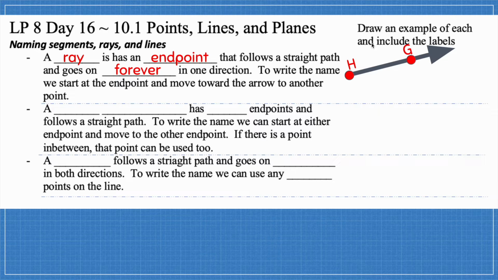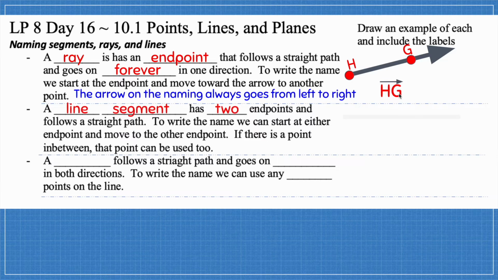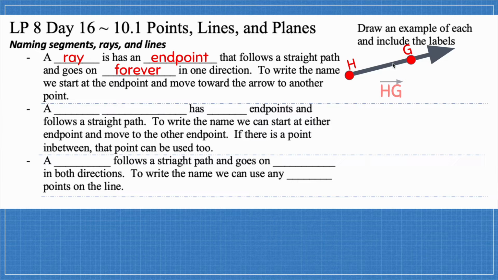So here's an example, and that's why I gave you a spot to draw here so that you can see. You'd have 2 points. You can have more than 2 points, but at least 2 points to connect it into either a line, a ray, or a segment. So we have an endpoint, and then we have an arrow. I start at the endpoint, and I move to another point. It doesn't matter which other point I move to. There could be 5 different points on here, as long as the endpoint is the first one, and then the next piece